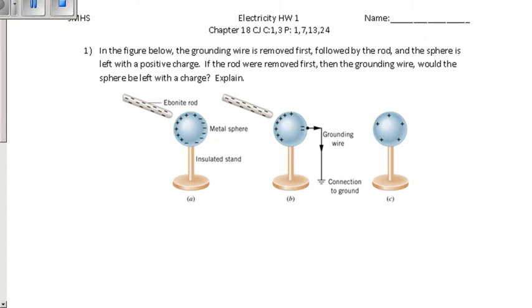This is electricity homework. This is chapter 18 in the Cutnell and Johnson book. We're looking at question number 1 from the conceptual section. The figure shows a grounding wire being removed first, following a rod, and then the sphere being left with a